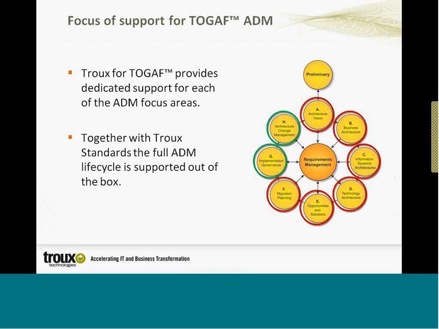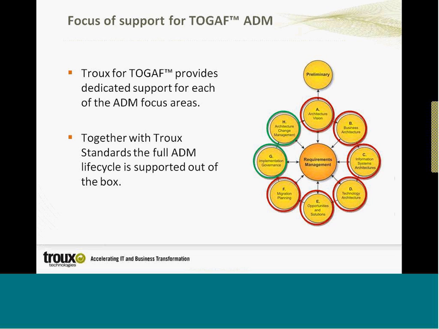So we're going to focus on the ADM. True for TOGAF is focused on supporting ADM phases A, the vision phase, through phase F, the migration planning phase, denoted by these red circles. It works in conjunction with standards to deliver phase G, implementation governance, and phase H, architecture change management, denoted by these green circles. If you're familiar with this diagram, although I expect a lot of you are, we sometimes refer to it humorously, but in a caring way, as the crop circles.